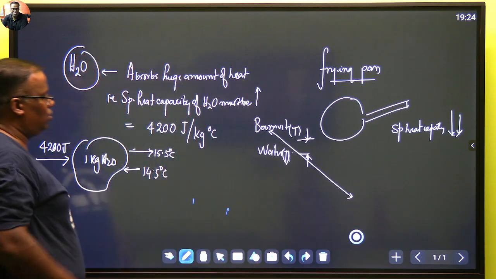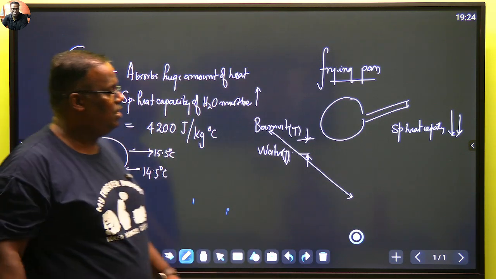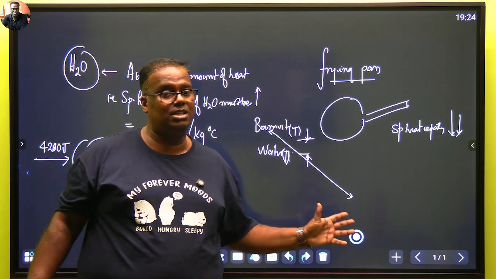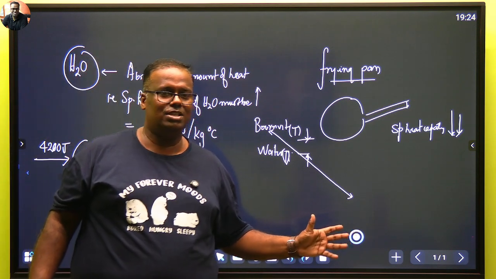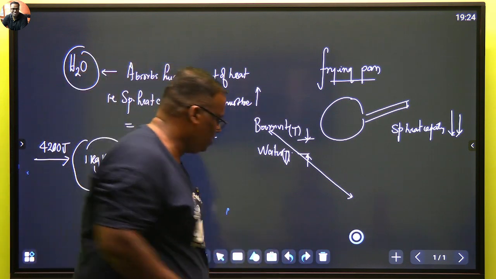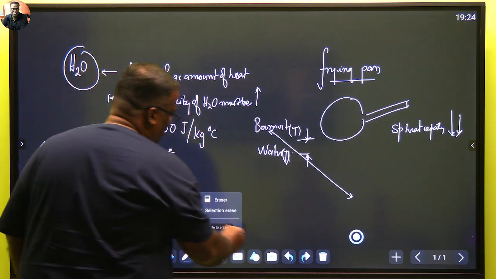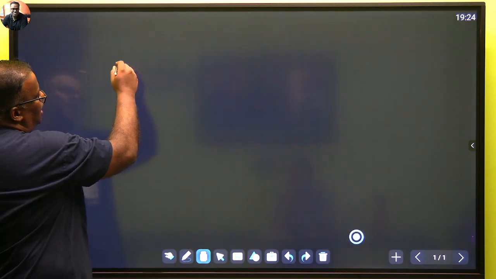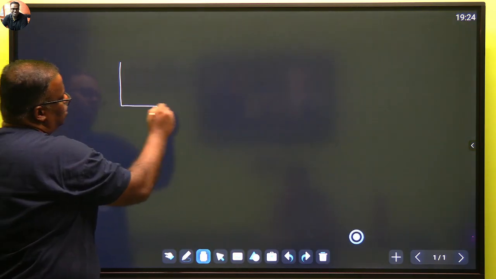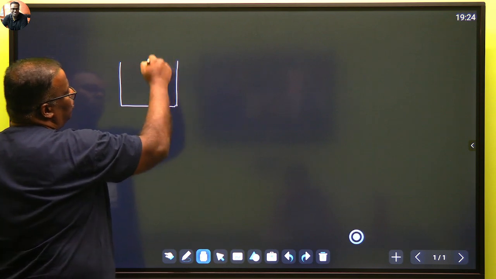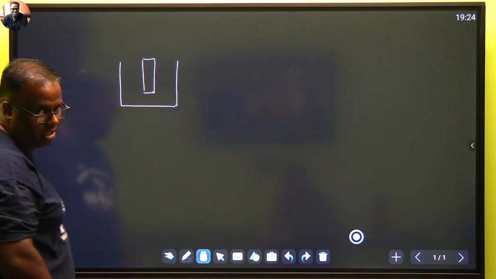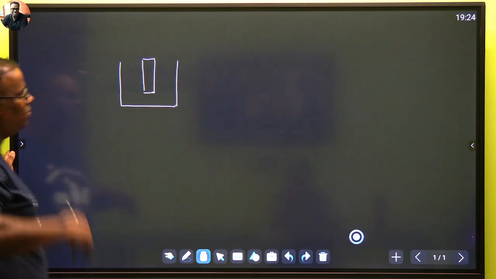So when we do problems on specific heat, although the problems at Cambridge level are much simpler, here ICSE is very good. In ICSE, what do we do? You have one common idea about how a problem is done. Let's say I have water out here. This is only water, and you have brought a hot iron object into it, right? Hot iron object into it. And then they will say,